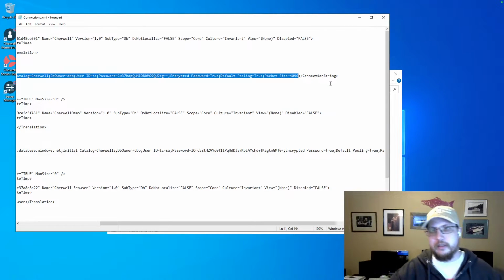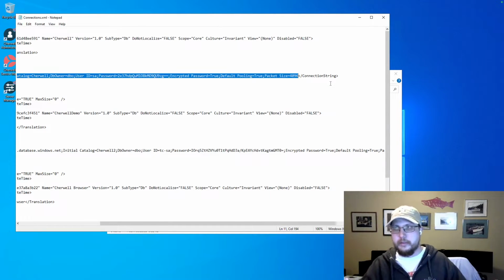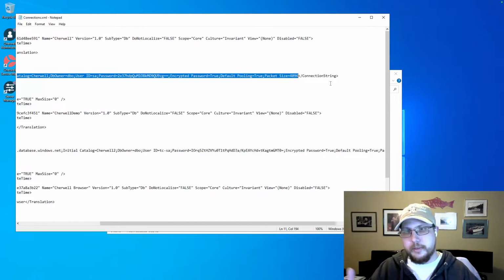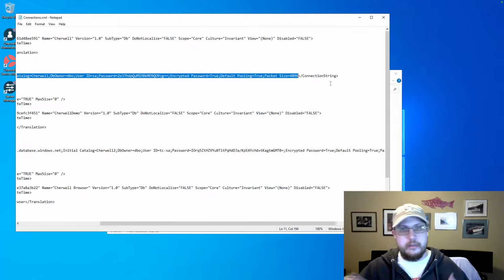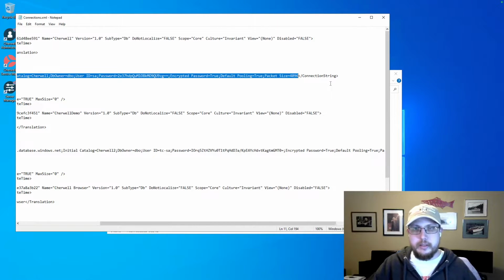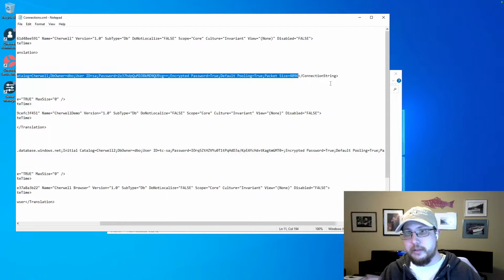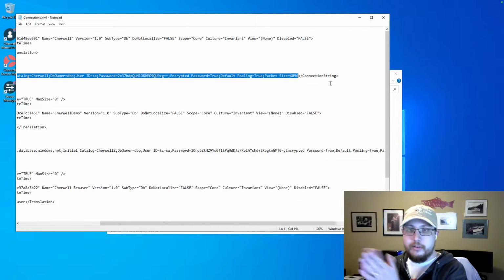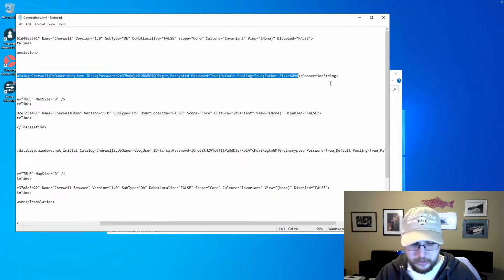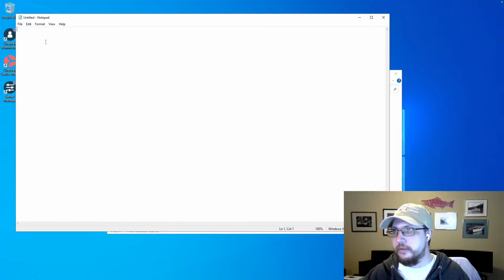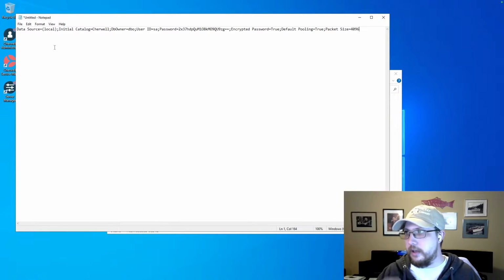This is an XML file. If you're familiar with XML, we're getting the inner text of the connection string element. This should look similar to HTML if you're familiar with HTML. If you're not familiar with either XML or HTML, just trust me, this is the piece that we want. And I'm going to copy that. I'm just hitting Control C, copying it, and then we'll just do File New and drop it into a new